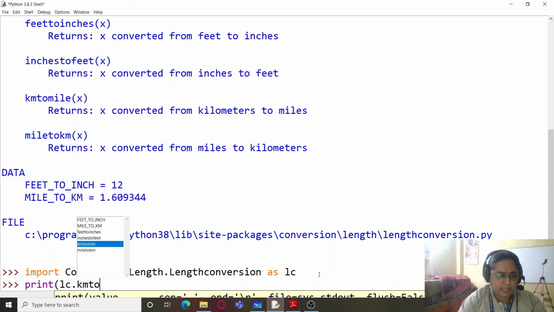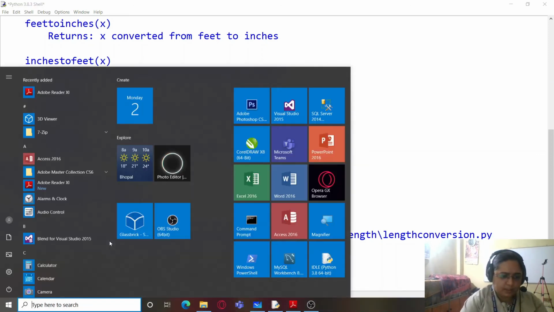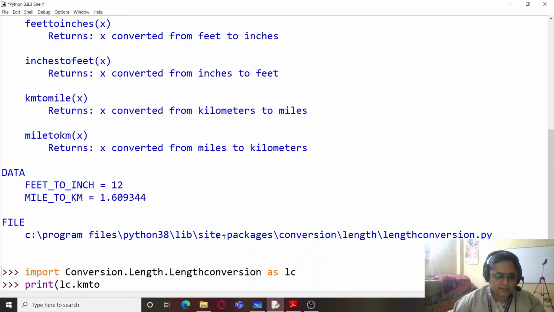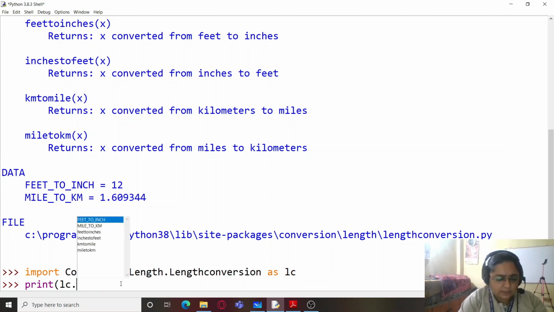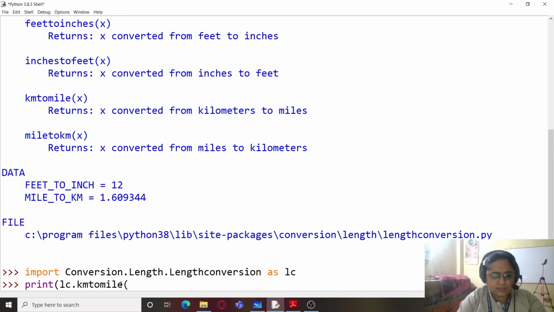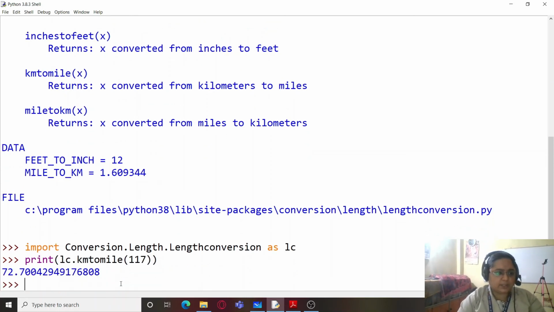km to mile, and you can see there is a small list over here which appears whenever I press dot. So that dot actually specifies all the different functions within this. So within this I'm just going to use kilometers to mile, and I'm just going to provide 117 kilometers here, and you can see it is 72 miles.